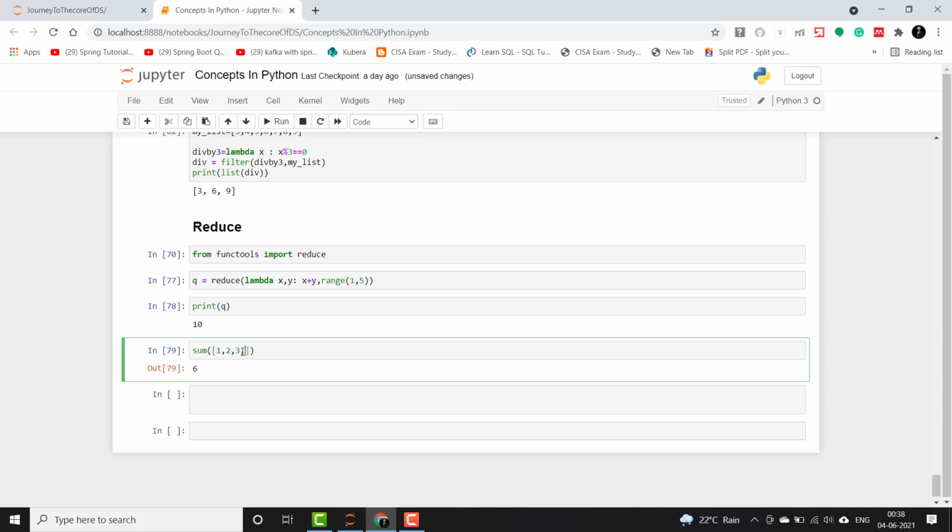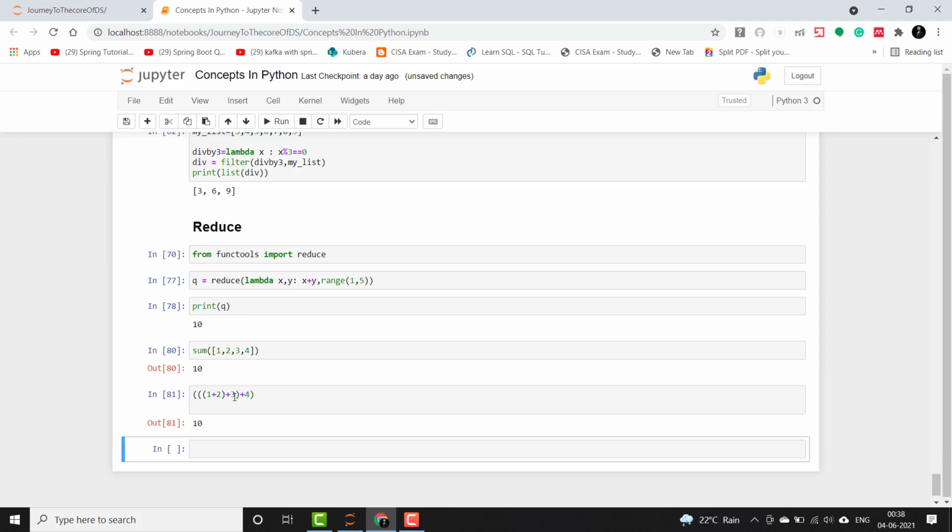What it is internally doing is summing 1 plus 2, and then it will again do plus 3 on top of it, then it will again do plus 4 on top of it. So it is summing and then taking the next element again and again. In this case you see 10 has come, so the same concept applies in the reduce function. Now let us look at some other example of reduce which will give you a larger picture of it.